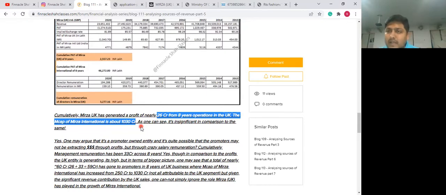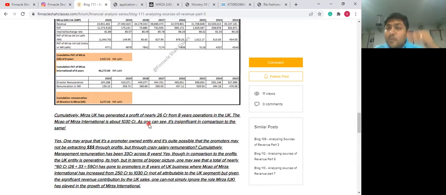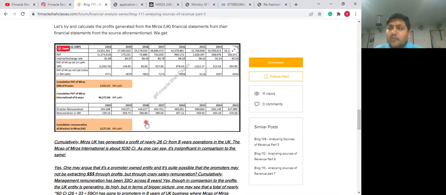80 years is not a small horizon, and the market cap basically represents the potential, what the company has its equity valued at. So comparing 26 crores to 1,000 crores is very minuscule. So one may wonder. However, yes, you may also think of another angle for analyzing this. Let's not forget that's a profit generated by the business.